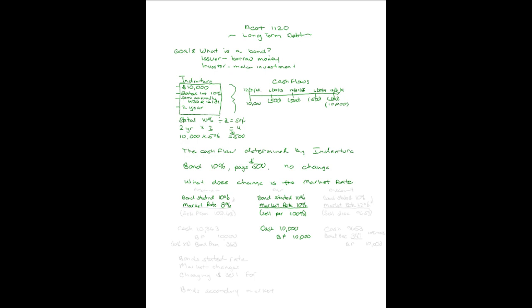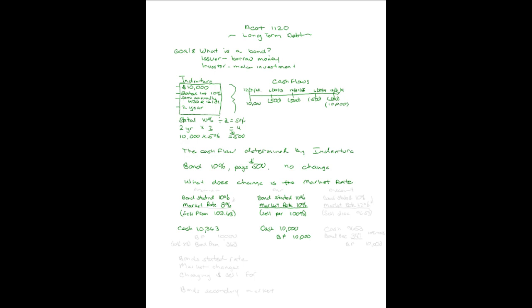Our bond is very valuable now because it's paying more than the market's offering. We would say that this bond would sell at a premium, and I'm not going to show you how I calculated the amounts because that goes beyond the scope of this book, but I will show you this. It's going to sell at 103.63. You can times that by the face amount of the bond, and that's how much cash you're going to get. So we're going to get cash in the amount of $10,363,